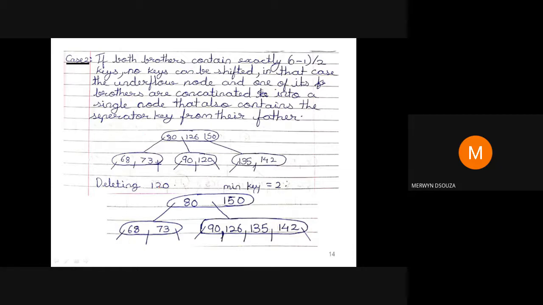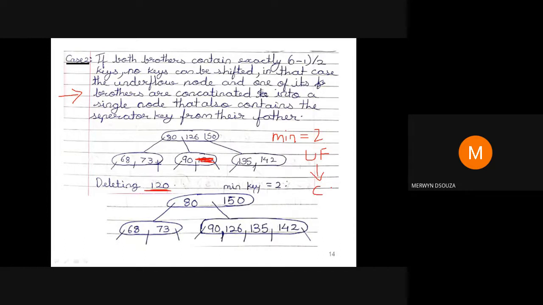So now, say in the second case I want to delete 120. You can just read what is given here. So in the second case, say I want to delete 120. Again assume that you are having order 5. The minimum number of keys required is 2. So if I delete this 120 directly, it results in an underflow. So if it results in an underflow, you have to apply the cases.